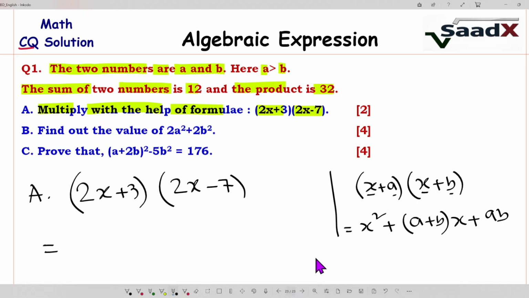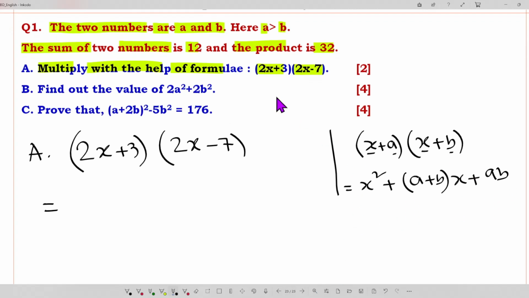This is our formula. So exactly this one we will implement here. Here x is 2x. So first x square, it means 2x square, then plus,